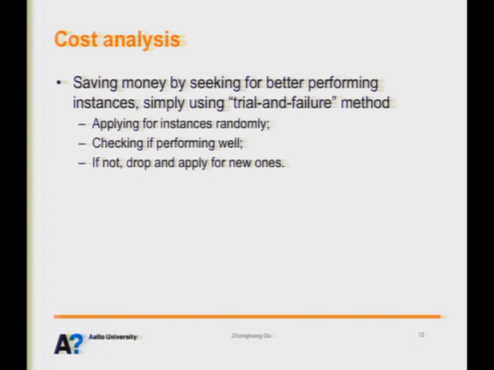So then we developed a very small and simple mechanism to optimize your instances. We use this trial and failure method. You apply for some instances, and then you run some tests on them. If the instance is performing well, if it is fast, then you keep it. Otherwise, you just drop it and apply for new ones. A very simple trick here, but using this trial and failure method, you can actually achieve very much